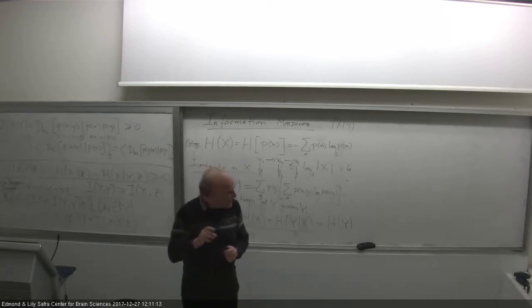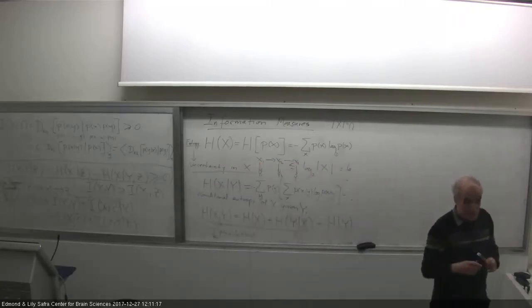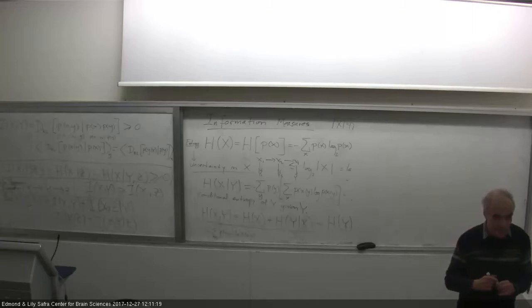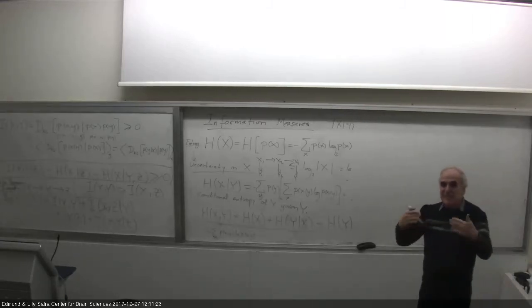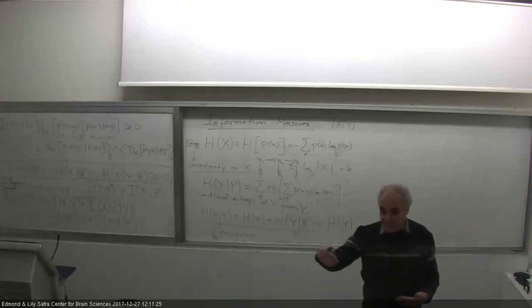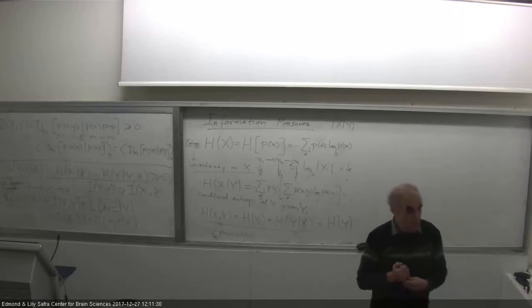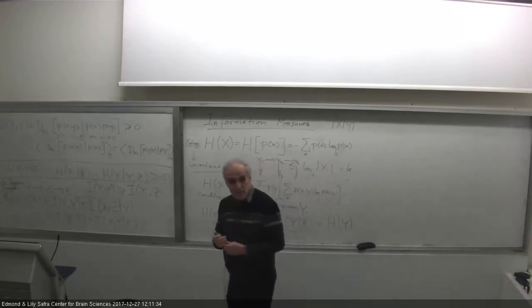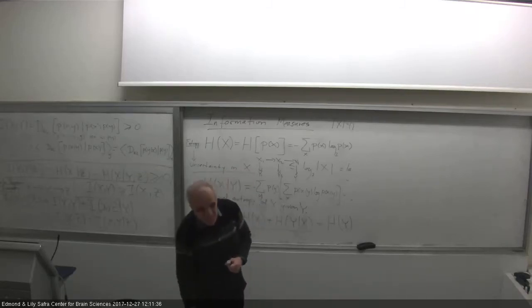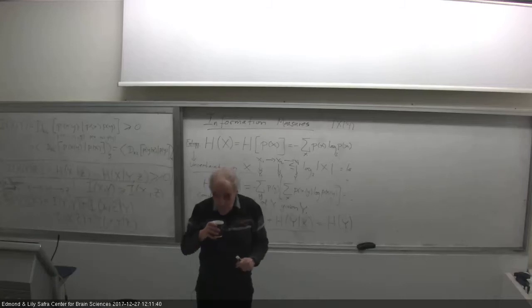So this is the beginning of something which I'm going to expand just a little bit at this point, and we're going to get much deeper into this when we start to talk about coding. This type of measurement, building a set of questions to remove an uncertainty from a variable, is actually a special case of what we're going to call source coding or noiseless source coding. Noiseless, in the sense that I want to remove the uncertainty completely. And then we are going to talk about lossy source coding.